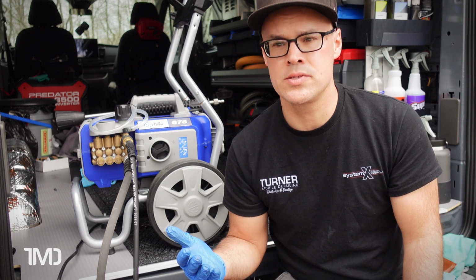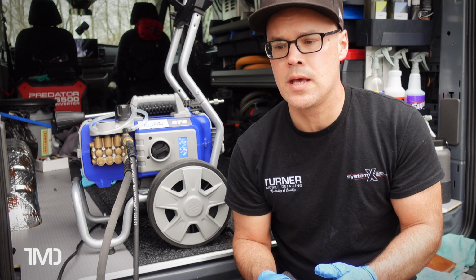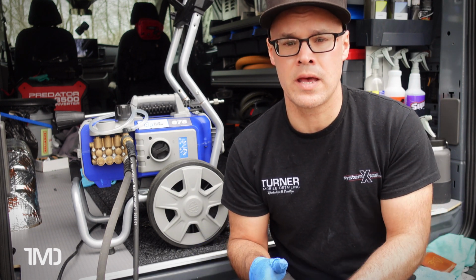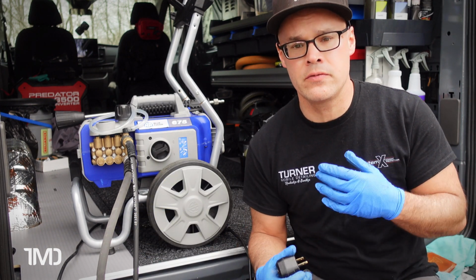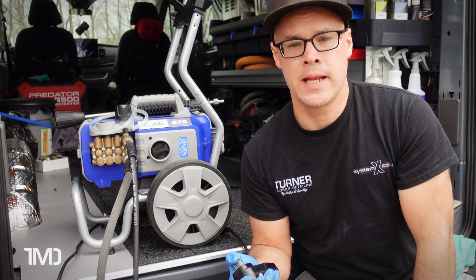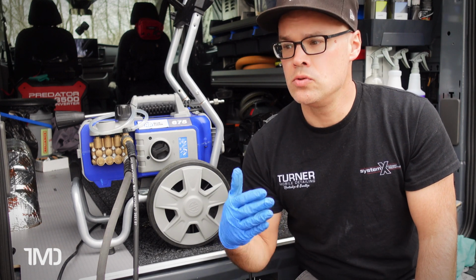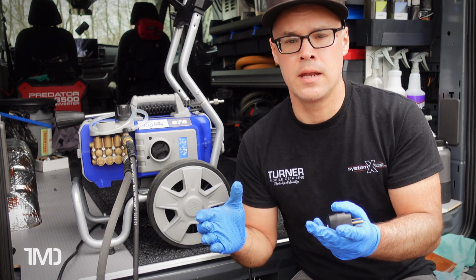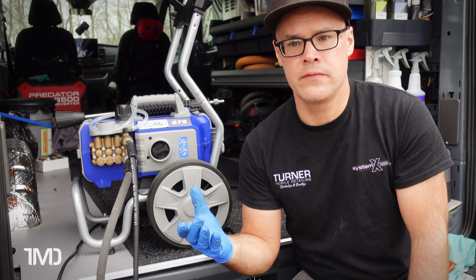Since this thing draws close to 15 amps, between 14 and 15 amps, it's been most beneficial to have a dedicated electrical line. So if you're a mobile detailer like myself, or if you are a weekend warrior, and you're not planning on using this machine on a professional level, but just want something good and reliable to use on the weekend at your home, you're going to want, if you can, a dedicated electrical line or electrical outlet,